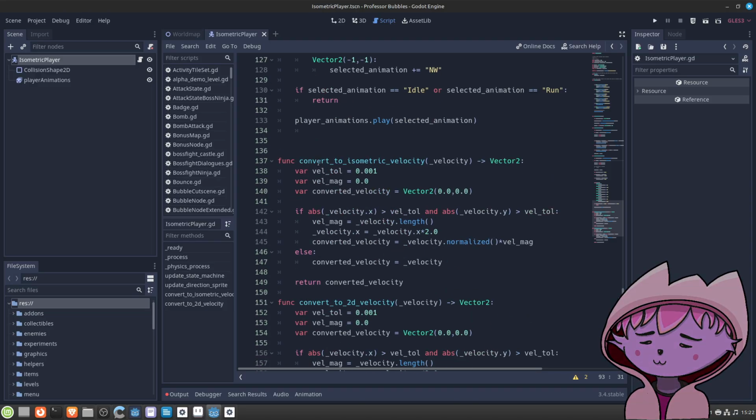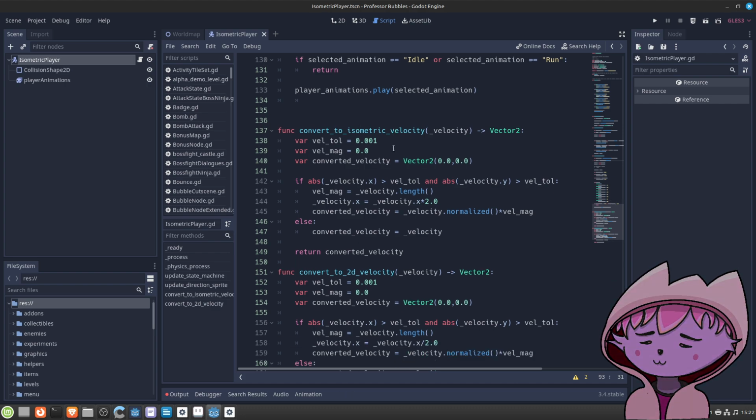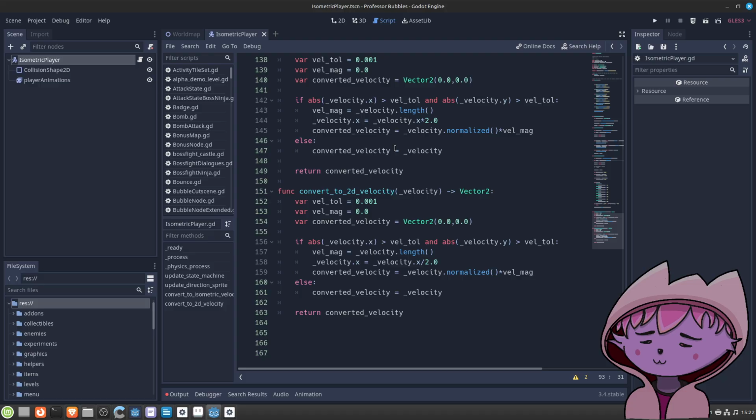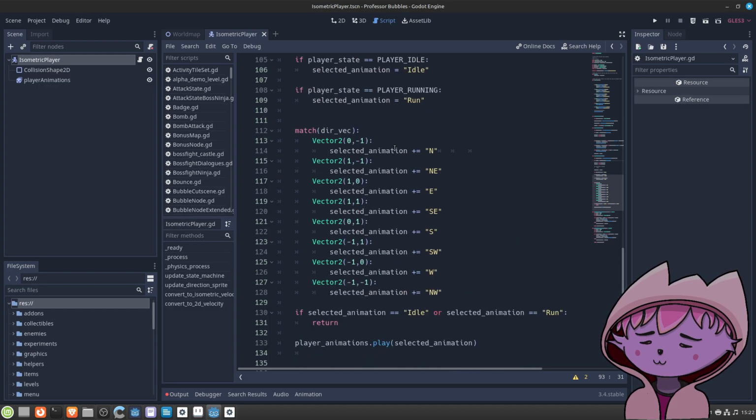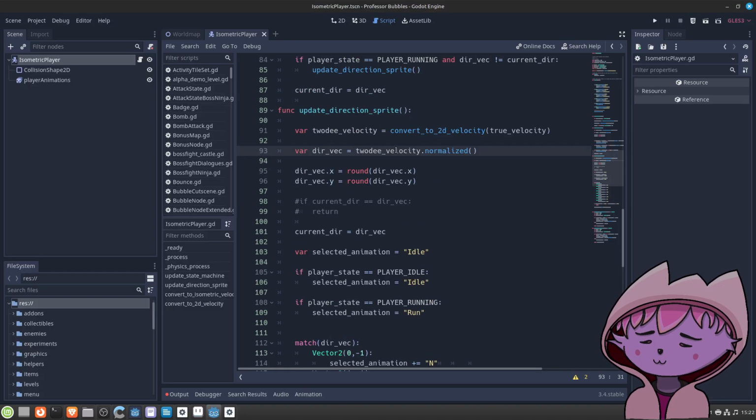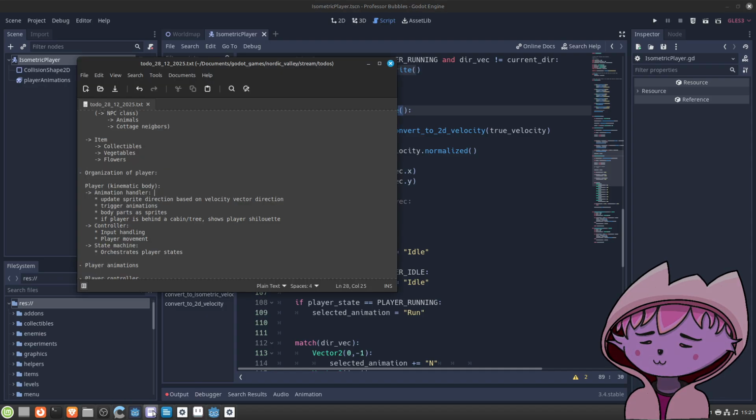Conversions from normal 2D velocity to isometric velocity. And this is the part which would go to the animation handler, for instance.